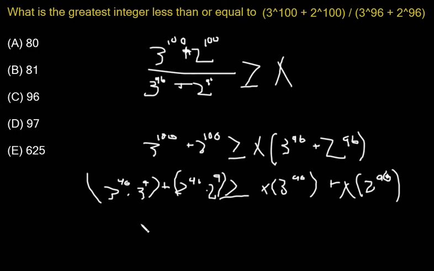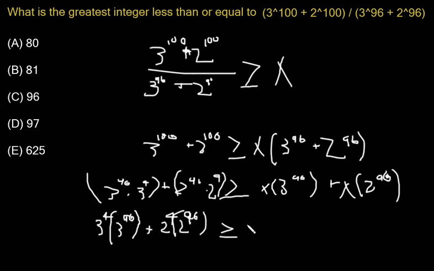All right, so we have this. Then we can just rewrite it to make it look something like this. So then we have 3 to the 4th power times 3 to the 96th power plus 2 to the 4th power times 2 to the 96th power